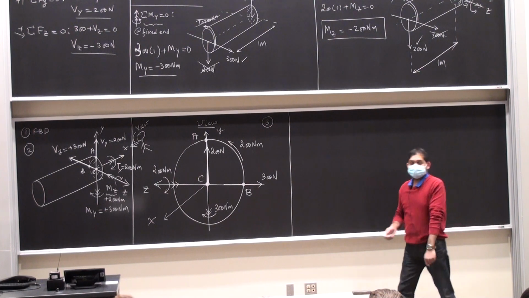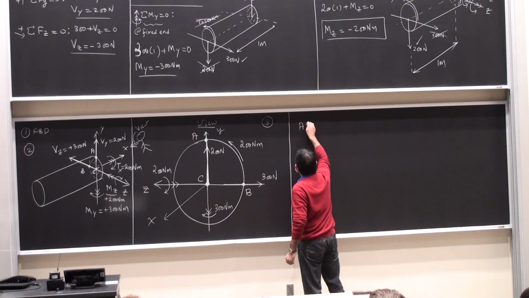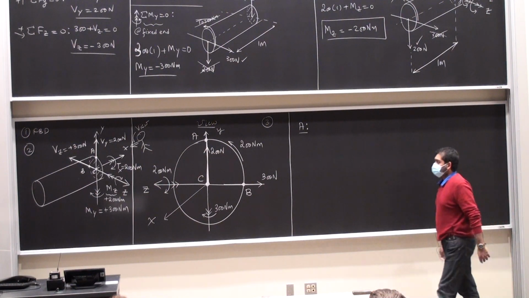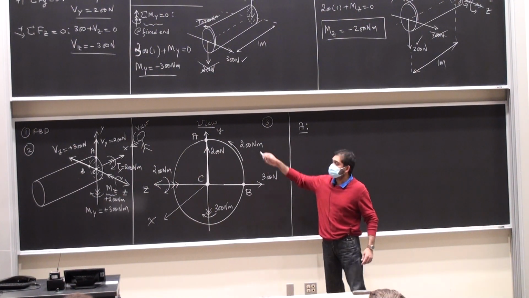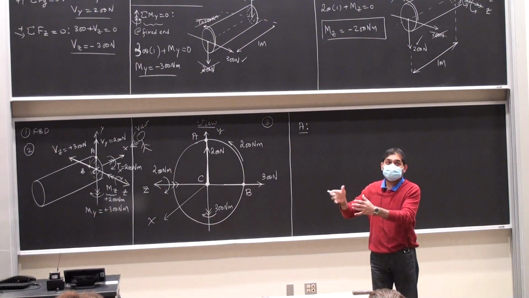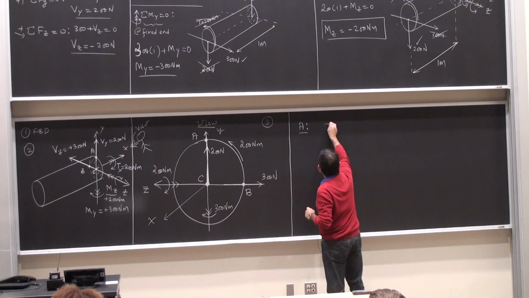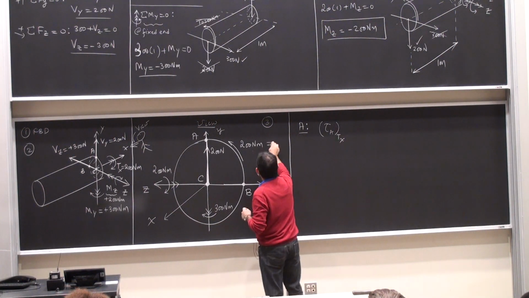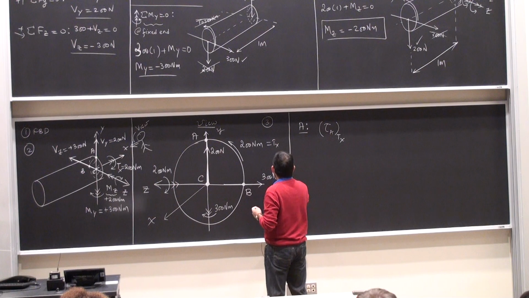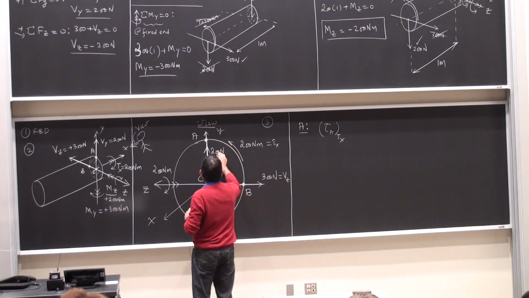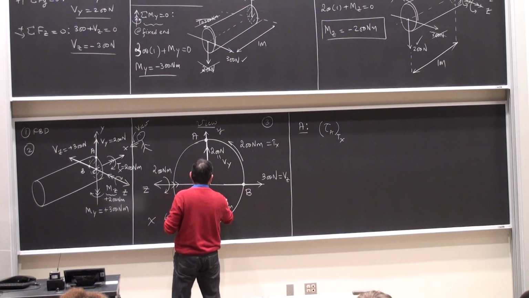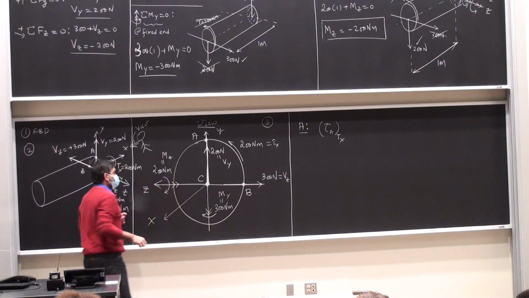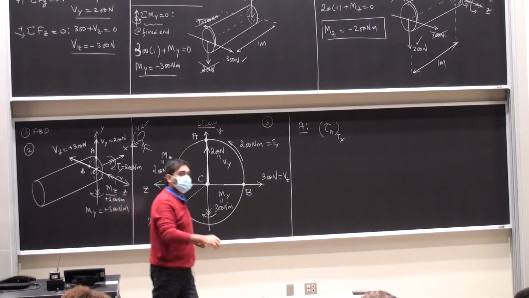Let us choose point A. Let me look at the torque of 200 Newton meters, which is acting at the point A. So I'm going to have tau A due to the torque. This is the x. This is dz. This is dy. Okay, so due to the torque, Tx,